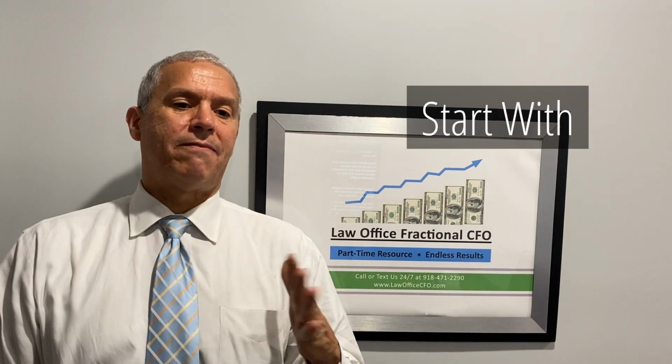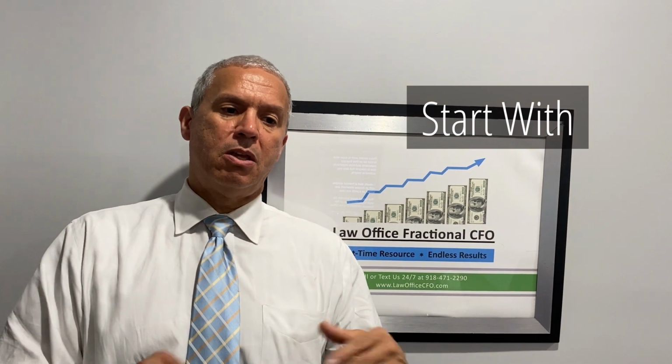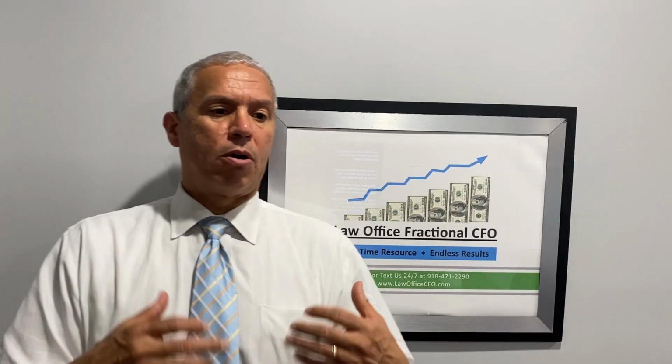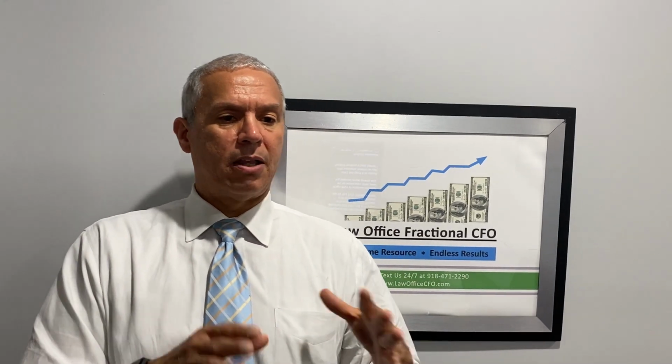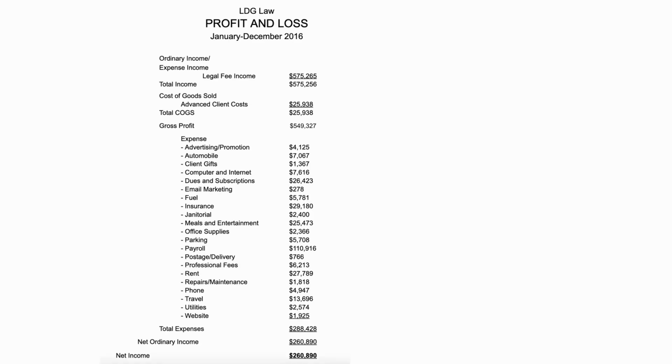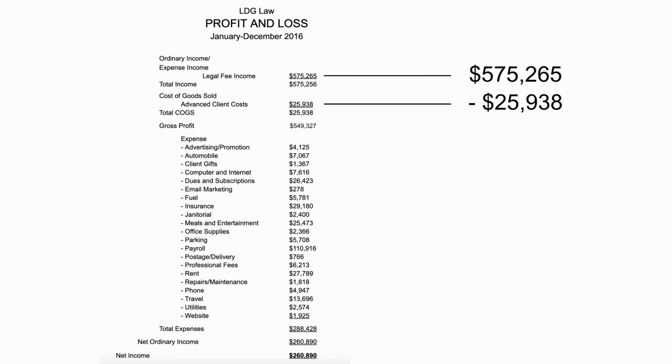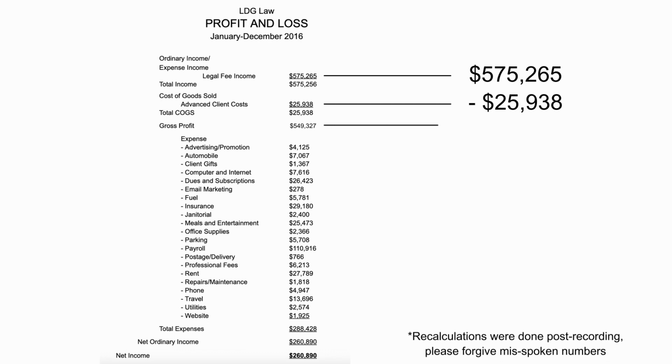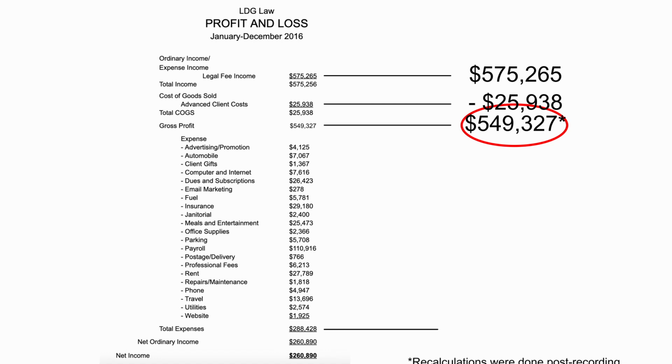I usually start a financial analysis of a business with the income statement. This type of report provides the most basic information on the financial condition of any business, including a law office. Using this sample 2016 profit and loss statement for the fictitious LDG law firm as a starting point, we know their annual revenue with advanced client costs or expended case expenses for a gross profit are $549,318. We also note total operating expenses by subtracting total expenses from gross profit. We get a net income of